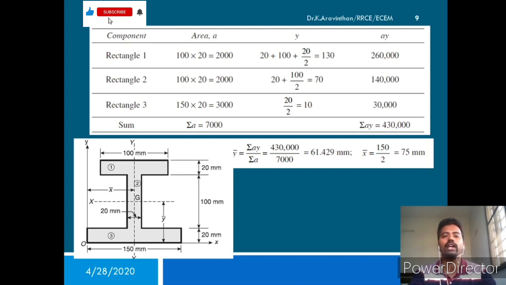Then you can design the vehicle, you can design the car, so that the car will not tilt when it is moving in a sloped area, when it is moving in a hilly place, or when it is moving around a curve. Then you can identify the centrifugal force and centripetal force when moving in a curve. The centroid is the basic concept of building a structure, building a car, or building these machines.